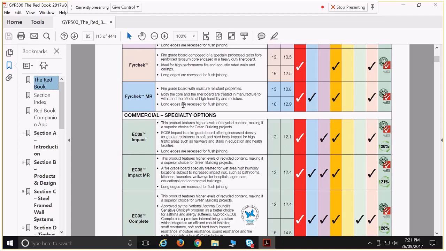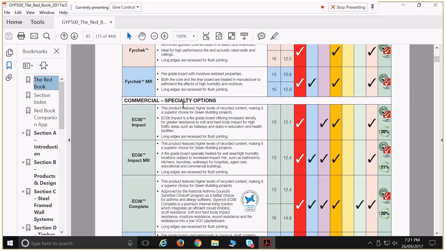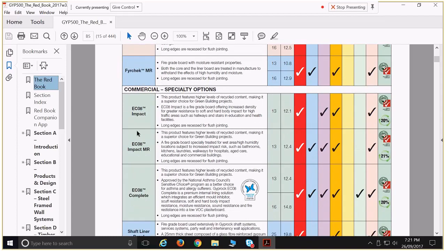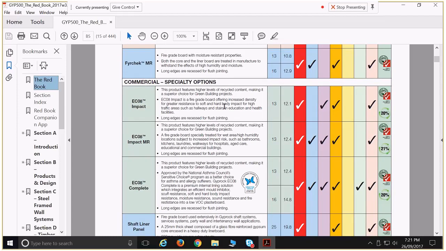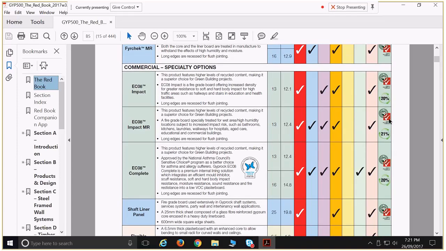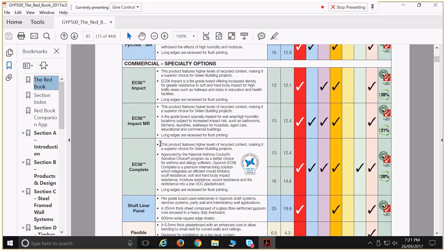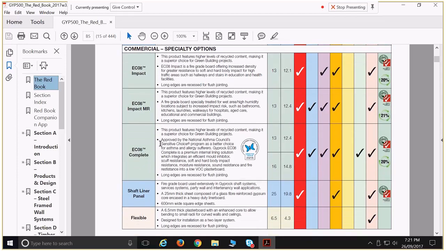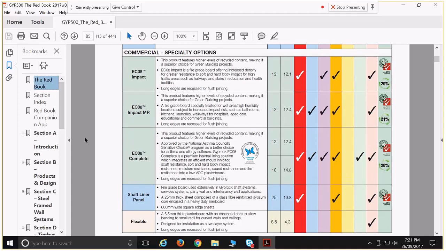And I haven't actually looked into these ones. The Eco 8, this product features high levels of recycled content, making it a superior choice for green building projects. So 20% recycled, 21% recycled, 20% recycled, etc. There are certainly, which is a good thing,